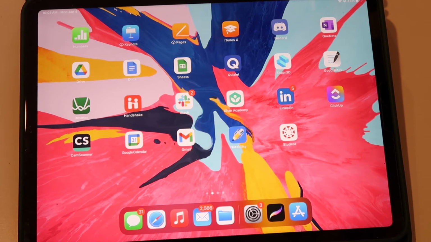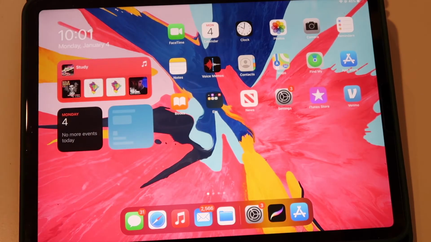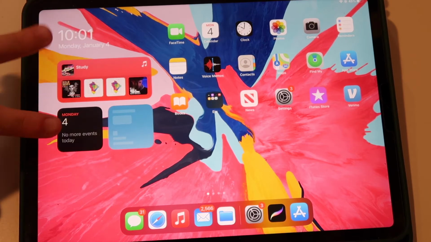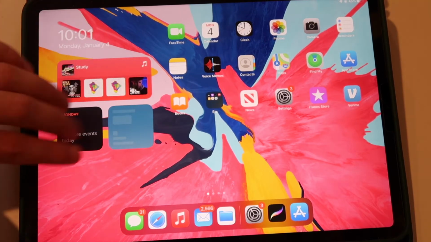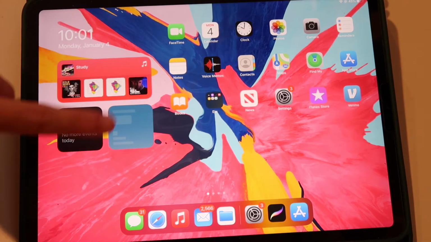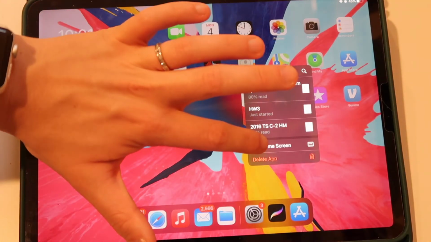Moving on to widgets, there's a few different ways you can customize your widgets. First off, Apple has their own built-in widgets. On the left-hand side here, you can see the 3 widgets I currently have. For some reason, the weather app is not cooperating. However, if you want to edit these widgets right here, same thing, press down on an app, select Edit Home